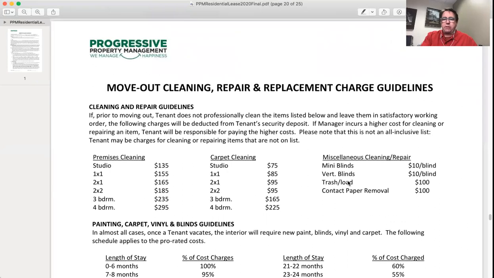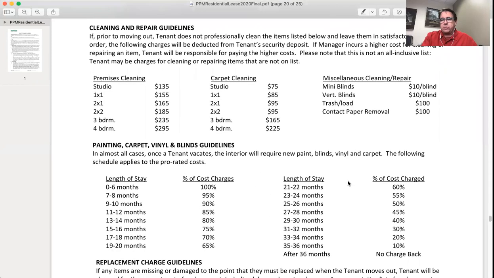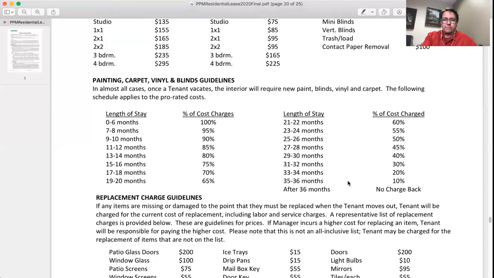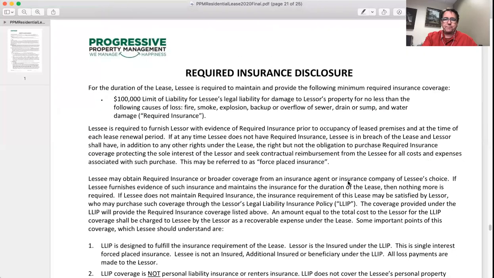This kind of gives you a general list of what stuff costs as you move out if there's damages. This is not all binding. It's just sort of a general list for you. But the longer you stay in the property, the less liable you are for damage to, for example, paint or carpet or flooring. That kind of goes over this, and the costs for different stuff if you move out and it needs to be replaced.